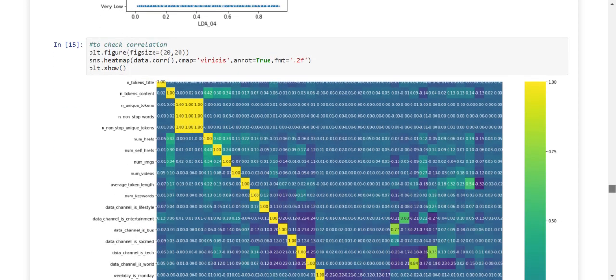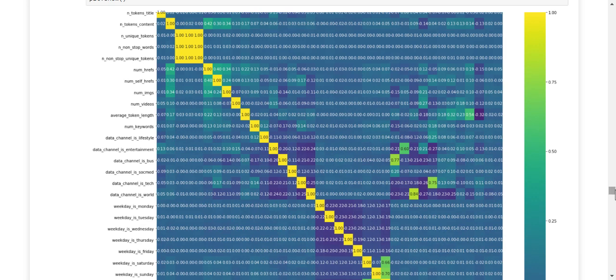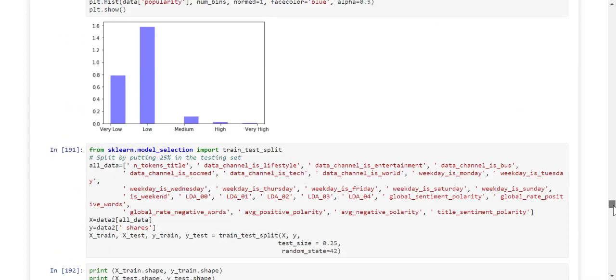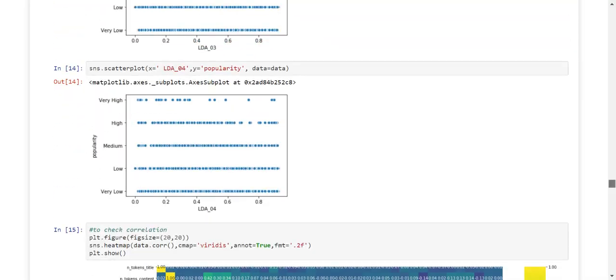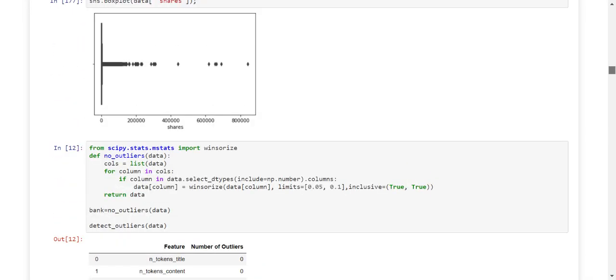Now this one is a correlation table to check how individual attributes interact with your target variable. This should actually have been done at the start to see which attributes have a greater impact on your target value, and then you can check the interaction between those values, right? So this is the scale they've shown. Anything in yellow or this green shade, like above 0.75, makes a significant contribution. Anything below that can be ignored. You don't need to look at that. So this is all I have for exploratory data analysis.